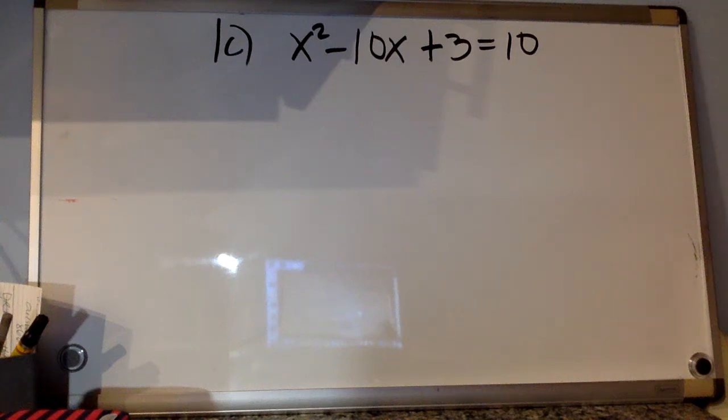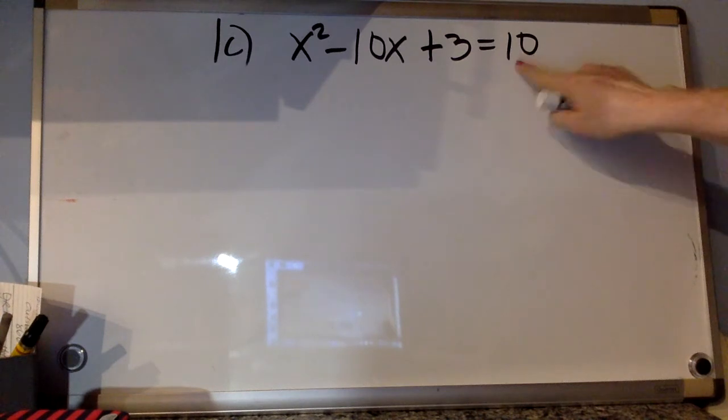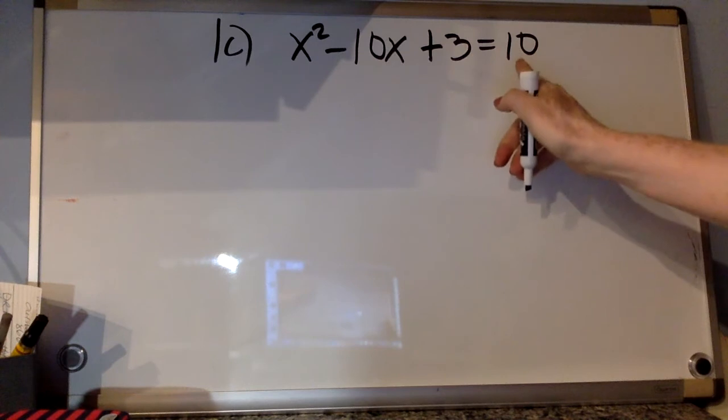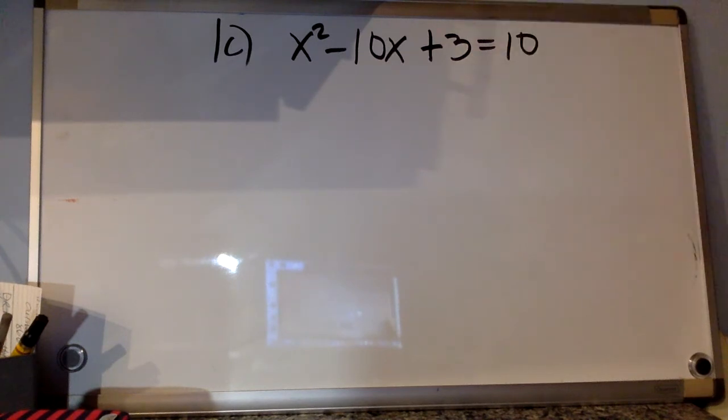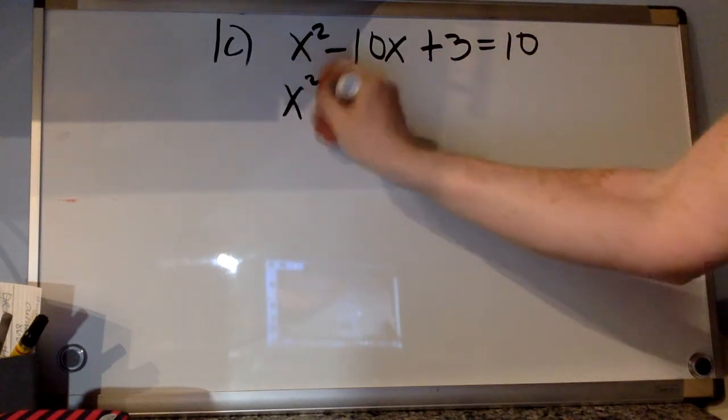Okay, let's do example C, which is this equation right here. First of all, I noticed that it's not equal to 0. So that's one of the first things I want to do: get it equal to 0 and see if maybe I can use factoring at all. So if you subtract 10 from each side, you're going to get